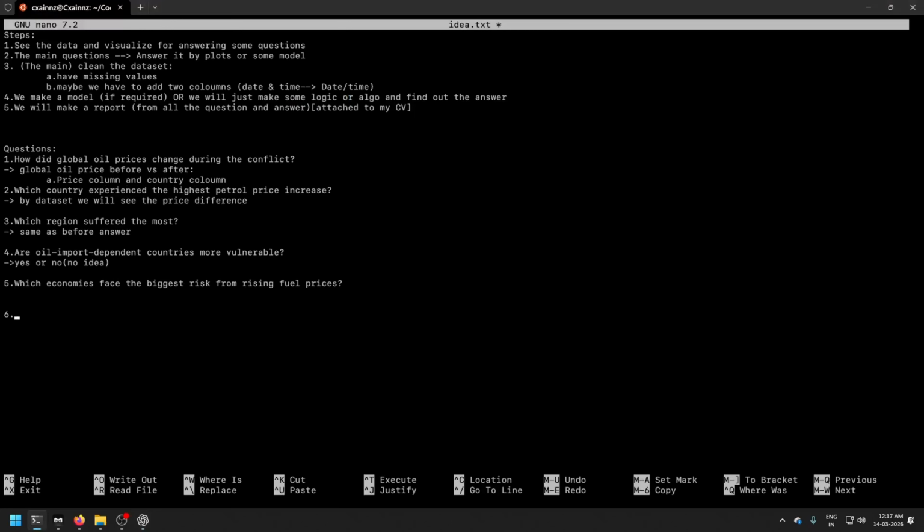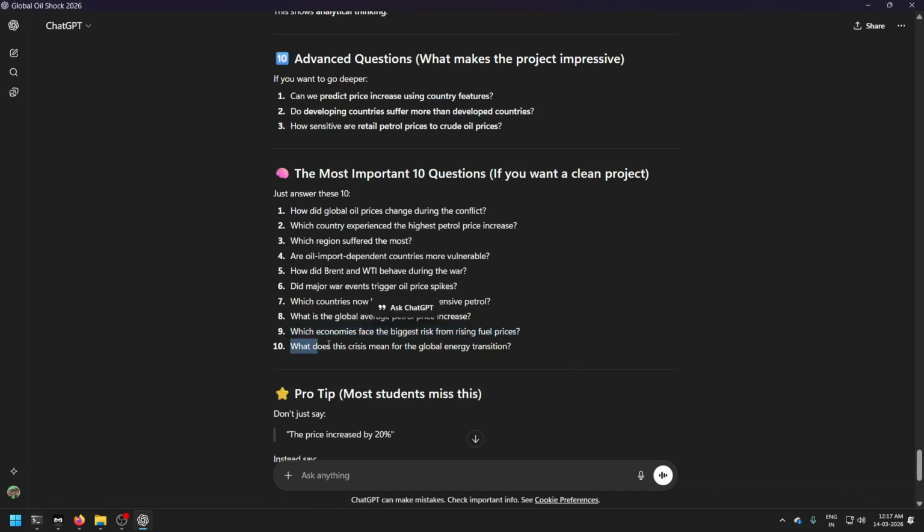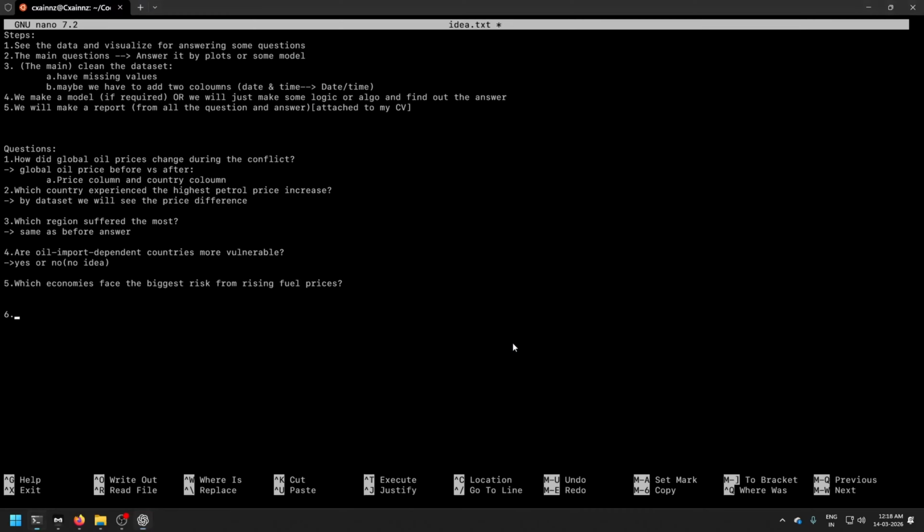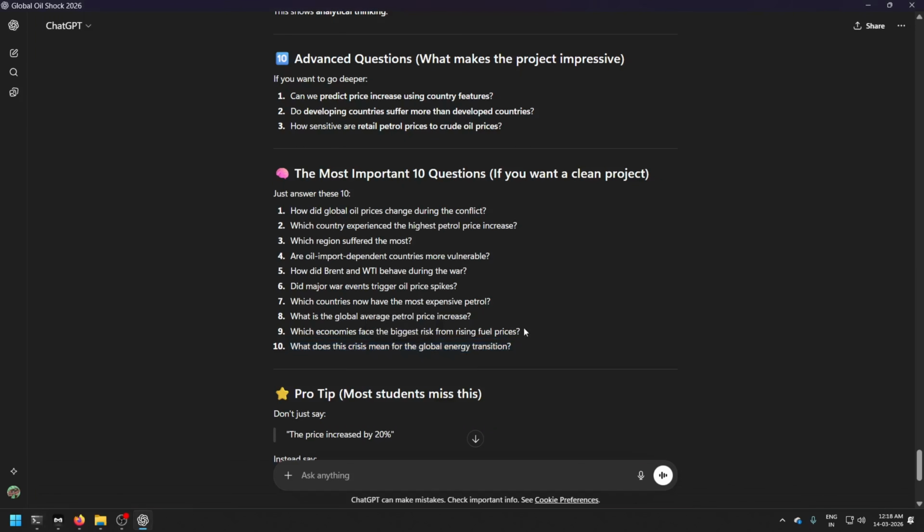And another thing that I saw is basically what does this crisis mean for the global energy transition? So these two questions are very good, and now we have to see these things.